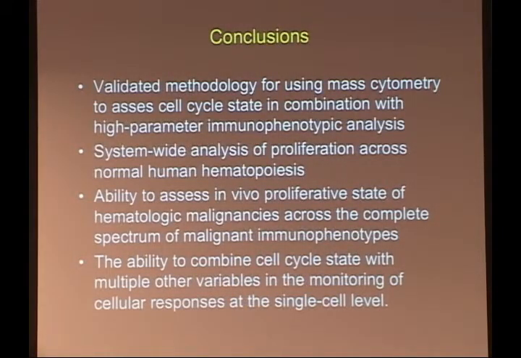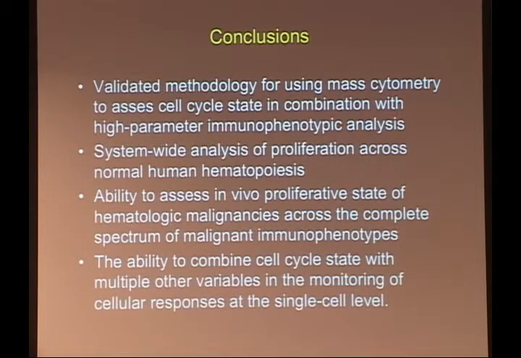So this can provide some really interesting ability to finally characterize these processes in multiple dimensions. In conclusion, we've developed and validated a method for using mass cytometry to assess cell cycle state. And you can do it with only a few markers. The IdU is a marker you can't use an antibody for, so that doesn't even cost you a channel. So really, you only need cyclin B, phospho-RB, and phospho-histone H3. So only 3 of your